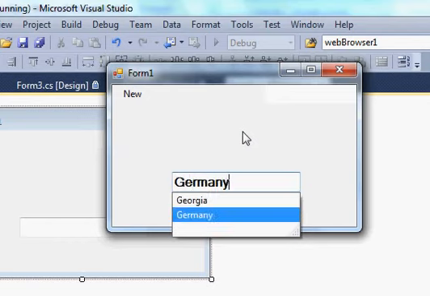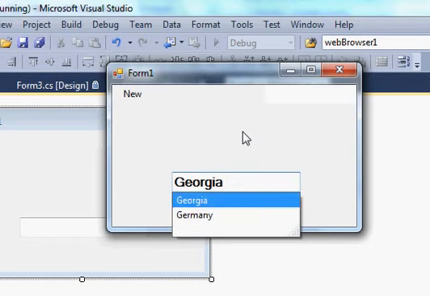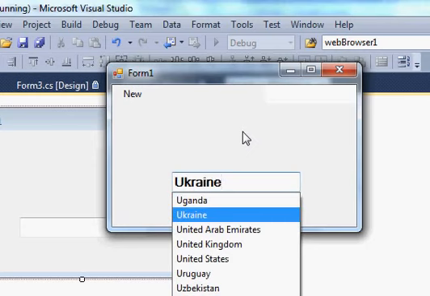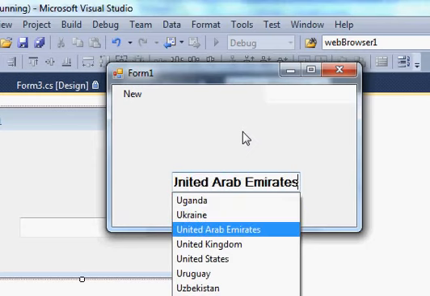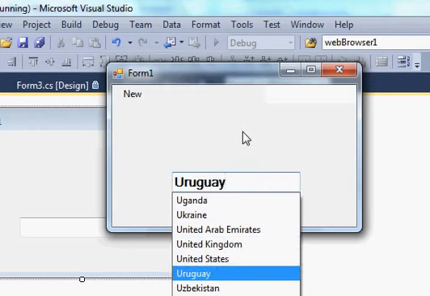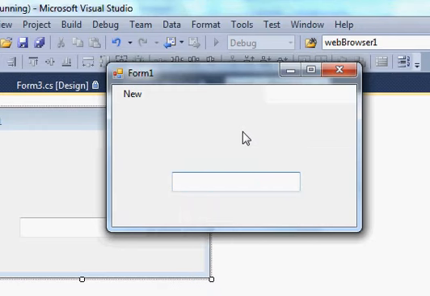I can select Georgia or Germany, or for example Uganda, Ukraine, or UAE, UK, US, Uruguay, so it will give you the suggestion according to your custom list.